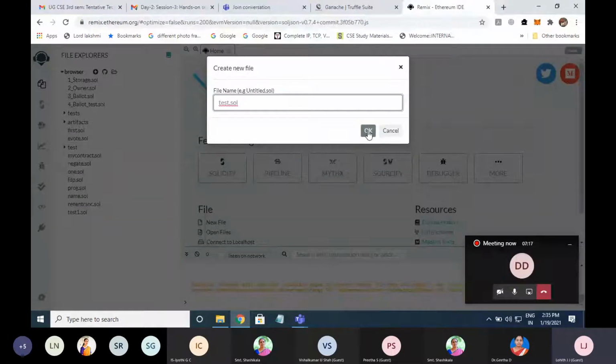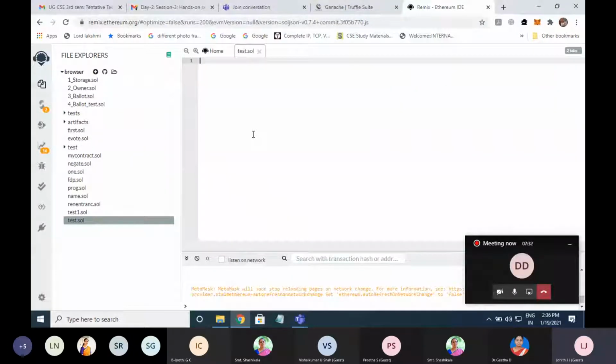Now an editor is open for me, where I can type the code and save it. Is this clear till here? Now the first program. I already have an existing program here.